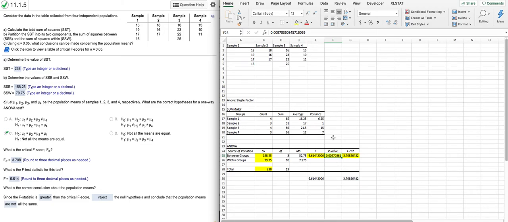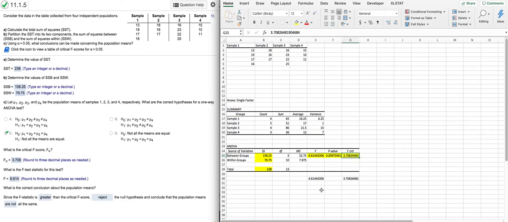This question does not ask for it, but it's always going to be given in the ANOVA table. So just remember that you can make the decision about accepting or rejecting the null either way, either via the critical score or through the p-value. So if we were going off of the F test versus the F critical score, then we would reject the